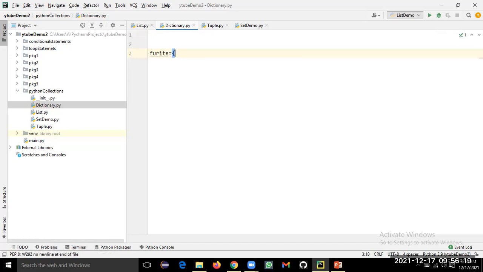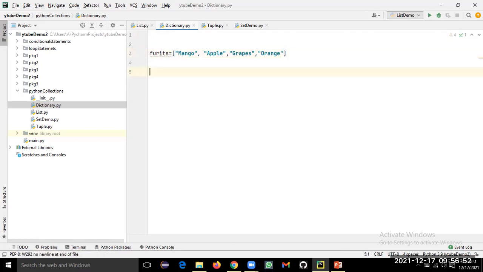Let's say the first fruit is mango, the second fruit is apple, then grapes, and one more item we'll add, orange. So this is a list which we are enclosing with square brackets.